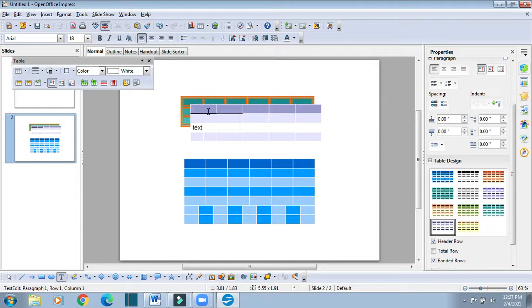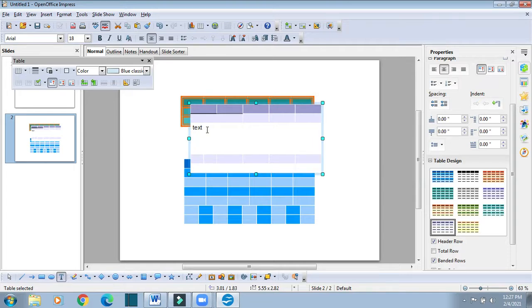So first of all we will select the table and from here let us increase the space. Now you can see it is right now top aligned. Now I am aligning it to the center, and now I am aligning it to the bottom. You can see the text is now aligned to the bottom. So three vertical options are available: top, center and bottom.